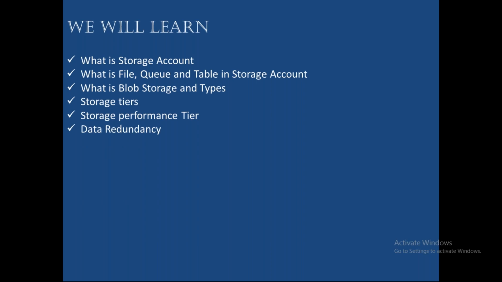Next we will see data redundancy. We were talking about how the cloud has a lot of advantages. It will store your backup data and maintain multiple copies. Even due to some disaster, even if you lose one or two copies, you will still have your data, because they maintain multiple copies of the data. So we are going to understand data redundancy, how they maintain our data backups, in which data centers they copy the data, and how many copies they maintain in each data center. What are the different options we have under data redundancy, and when we need to go for which one. Everything we will discuss with respect to data redundancy.